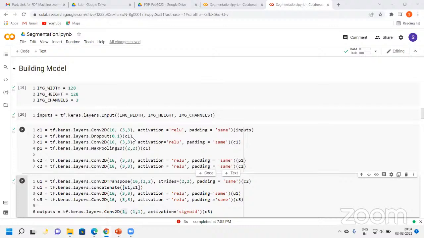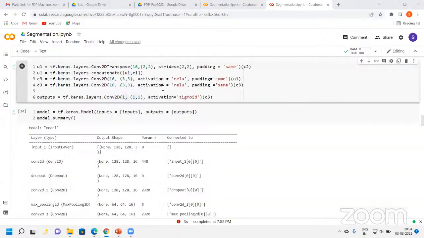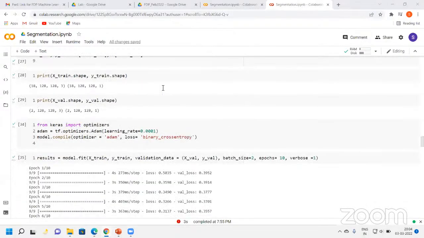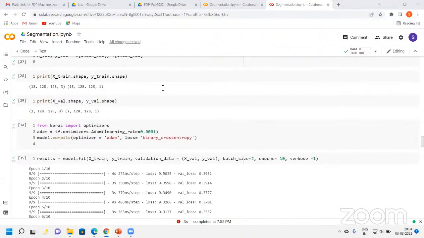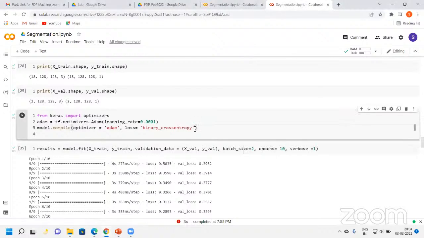Kumar sir is asking how to calculate IOU and dice coefficient. Sir, in the Keras library, the way we calculated accuracy is in compile. We provide metrics equals accuracy. There you can give metrics equals MeanIoU. That would help you to check your